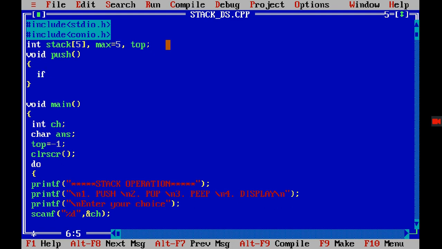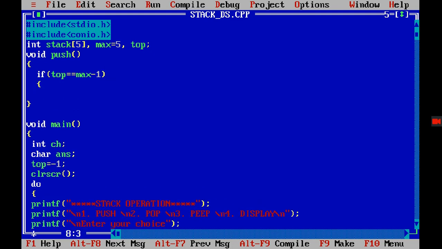Max is the maximum size I'm having, and top is the topmost variable. So if top is equal to max -1, then we can say that my stack is full, right? That is the basic condition.